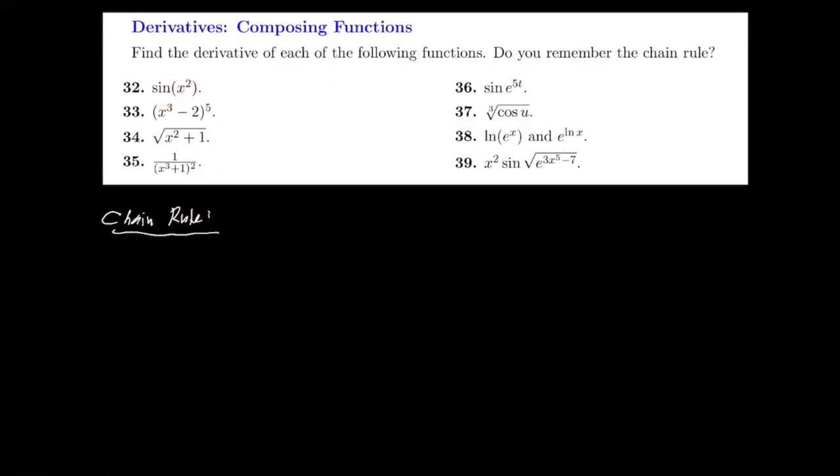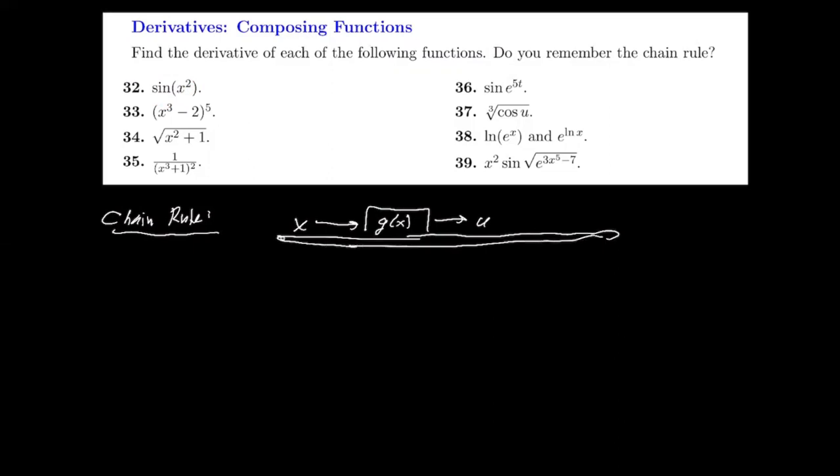The way I always picture this in my head is: here's x, it goes into some function machine, let's just say g of x, and it spits out some other variable u. I always think of some sort of conveyor belt here, with the numbers chugging along. That was not a very good conveyor belt, but you know what I'm saying. And then it goes into another function. I don't even want to write g of x, I just want a blank space. And then f of, you could say f of u, but it's f of whatever you're plugging in,